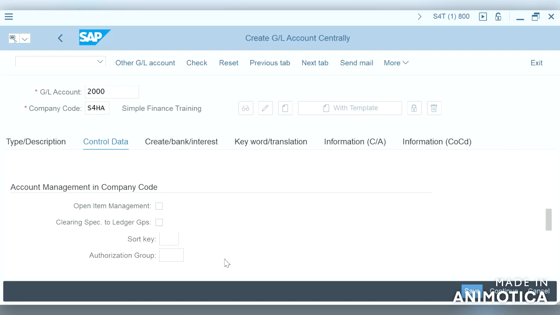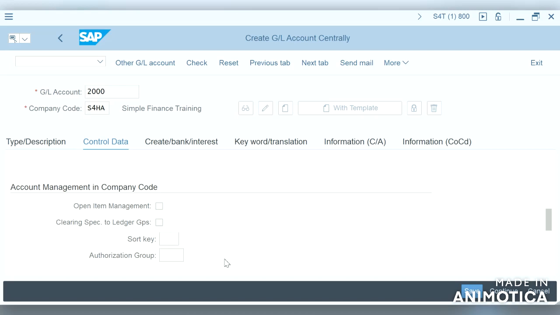So that's why SAP recommends that line item display be activated only for the GLs where it is required, by activating that checkbox. But the problem with speed and performance is corrected in S4HANA.